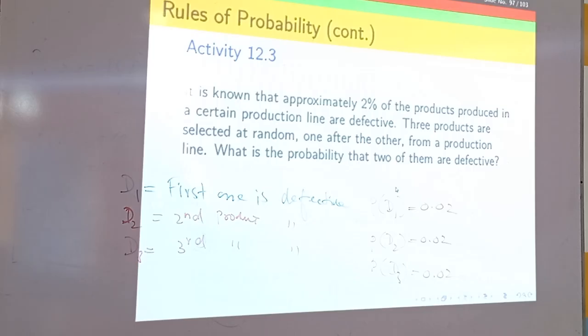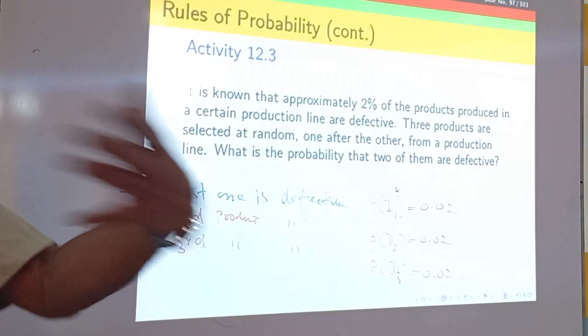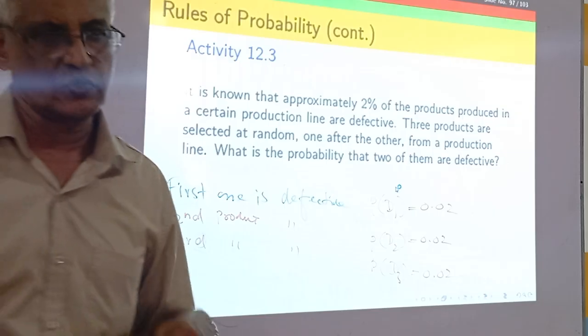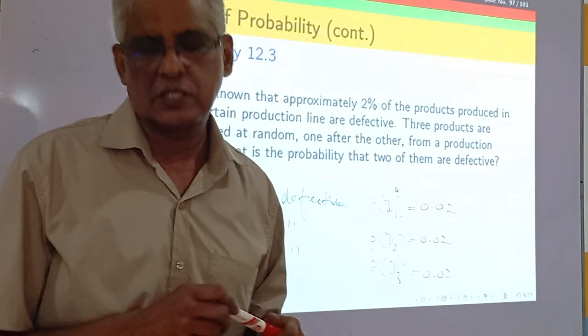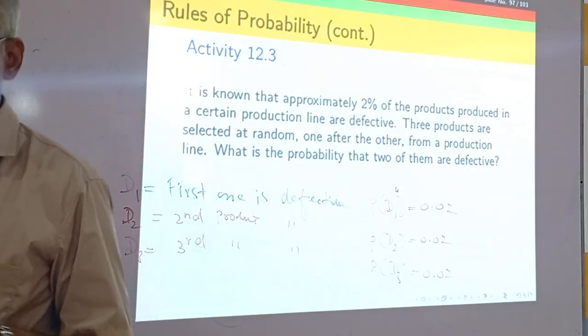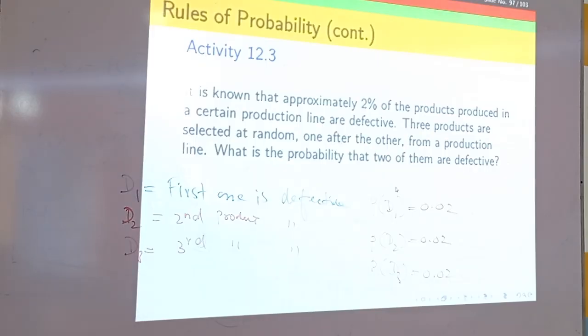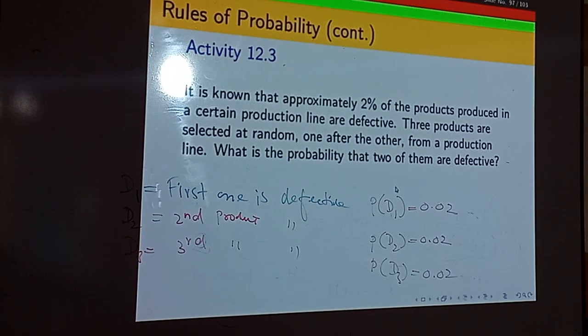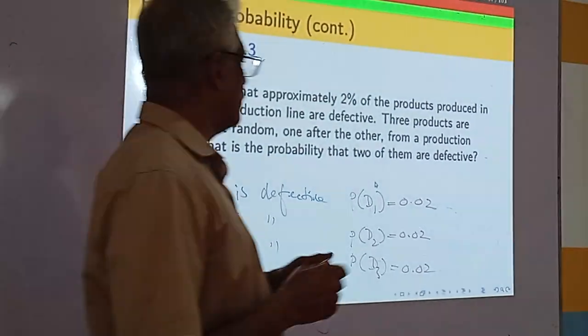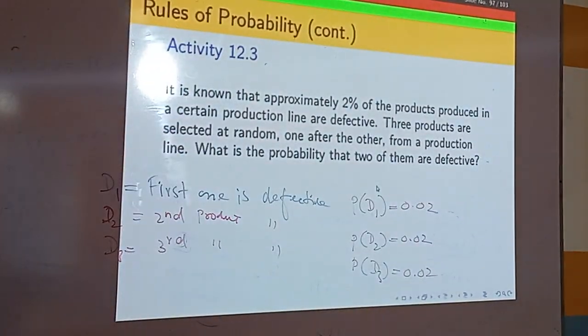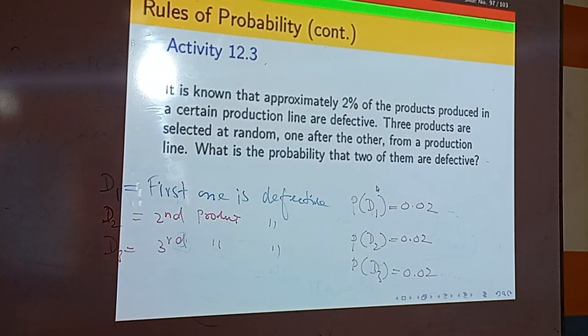D1, D2, D3 are what kind of events? They are independent. Whether the first one is defective or not doesn't depend on the others, usually. It is coming from a large production process, therefore in that case, we can take it to be independent. So, the question: what is the probability that, when you take three, two of them are defective,